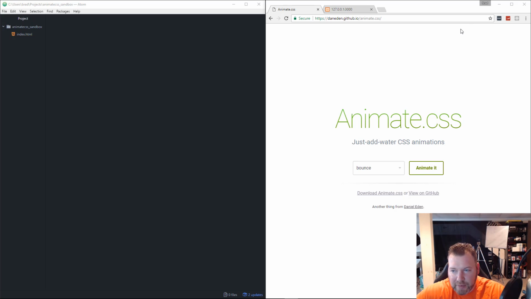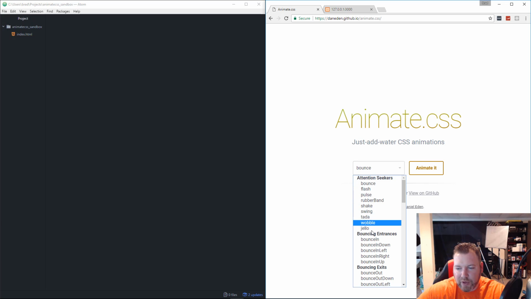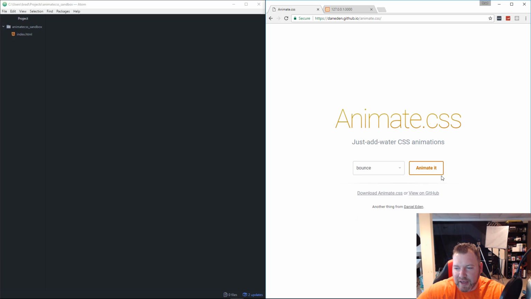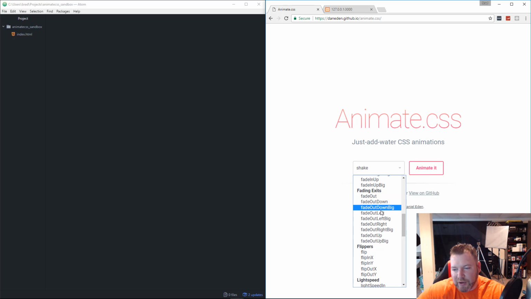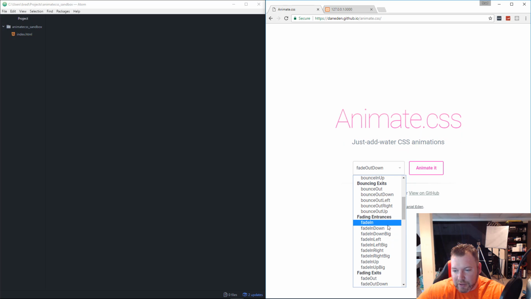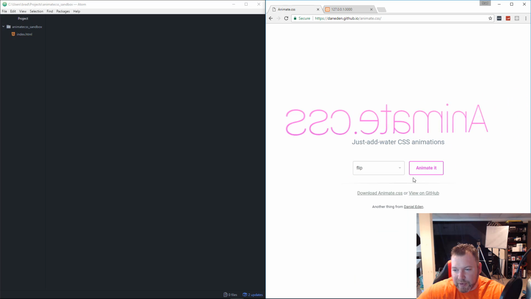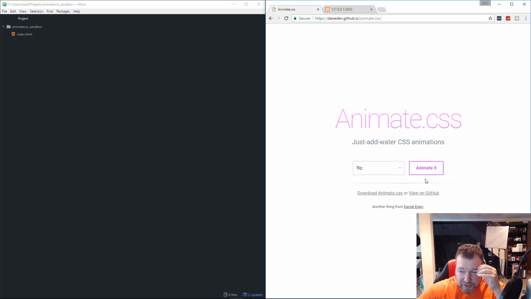So this is the Animate.css website. There's not much to it. It's basically just a drop down with all the different effects that it offers. And if we click this button, it's going to animate the header here. That's the bounce effect. We have the pulse. We have shake. What else? We have fading in and out exits. So let's say we want to fade out down. We also have flipping. So there's all types of animations that we can use, and it's as simple as just adding a class to